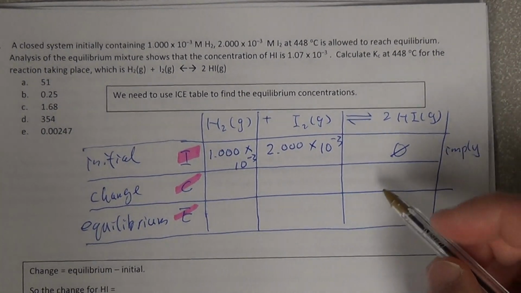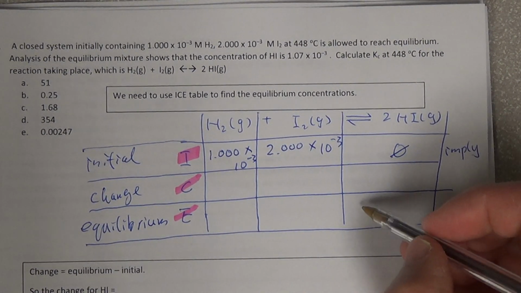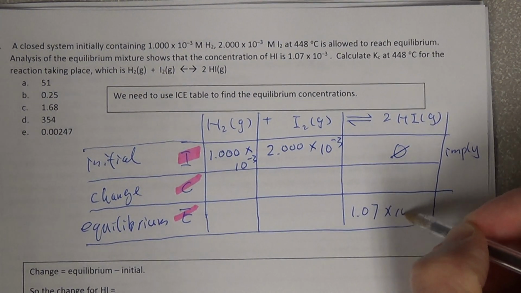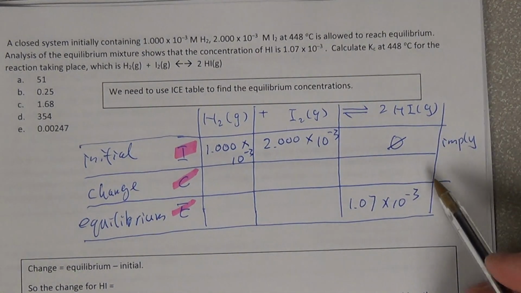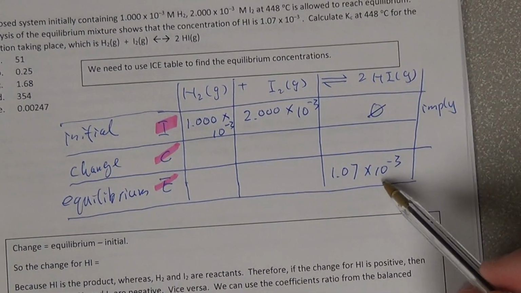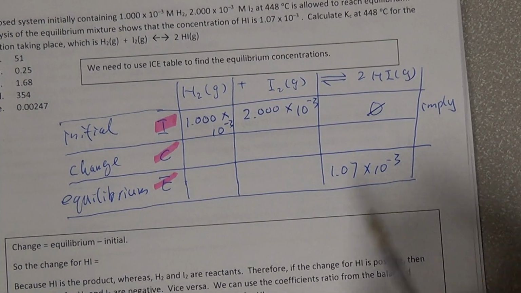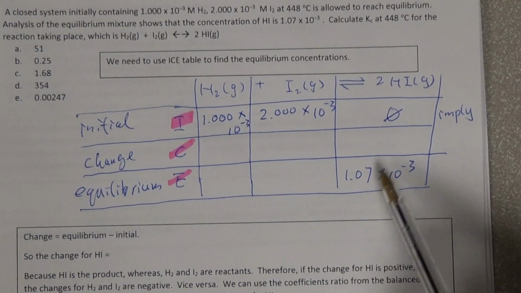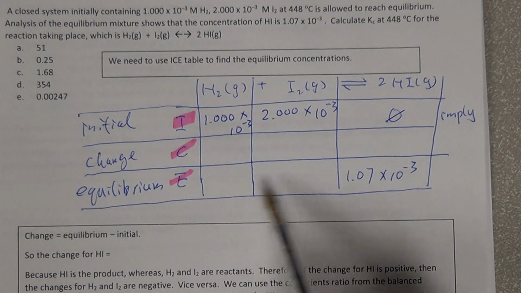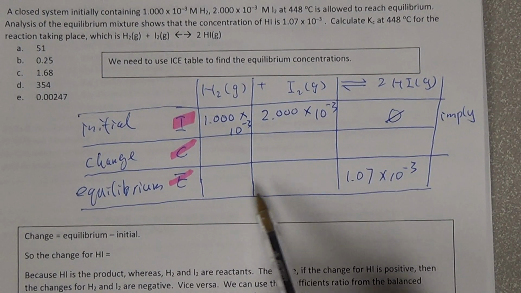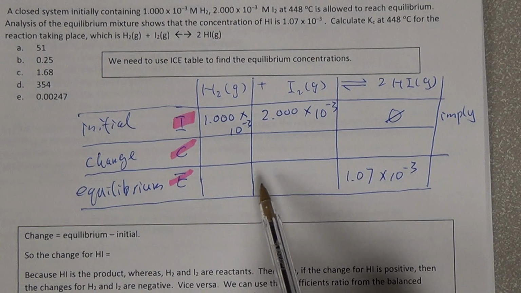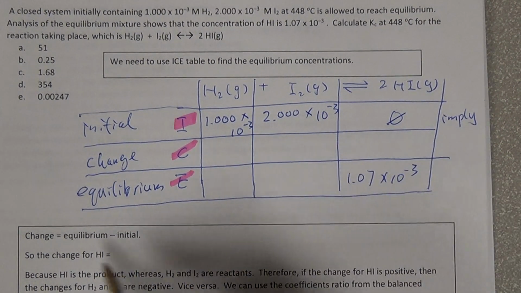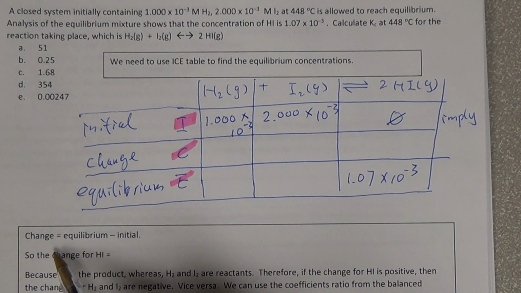And then it tells us at equilibrium we have this concentration of HI, 1.07 times 10 to the negative 3. Now the purpose of this ICE table is using this information to find those two numbers here. Then we can plug those two numbers into the expression for K to find K. So therefore we have to do the process. So we first use this